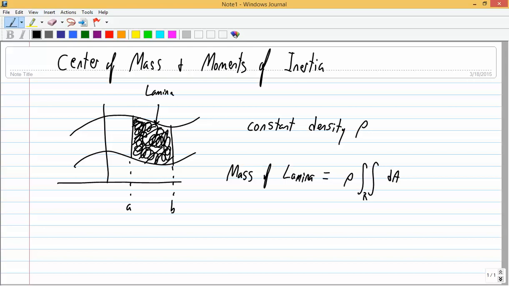Or you could just say the double integral over the region, whatever you have to figure out the boundaries, of rho dA. Okay, so that's the formula for mass of a planar lamina